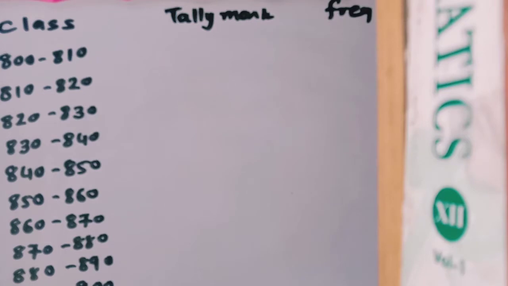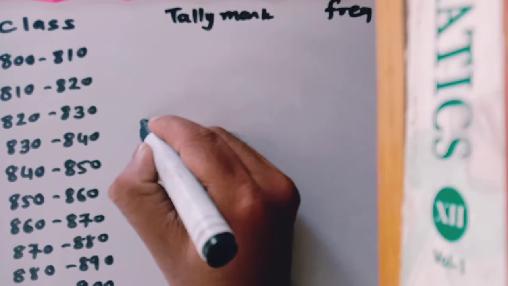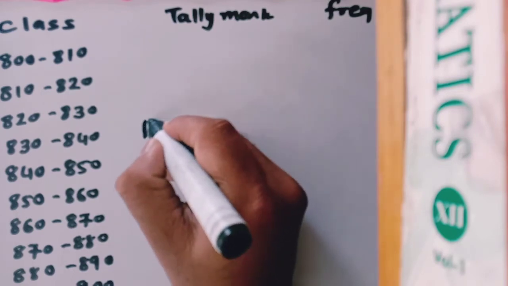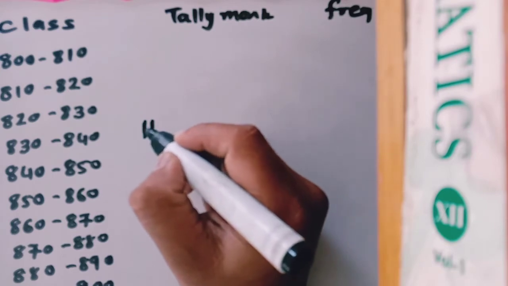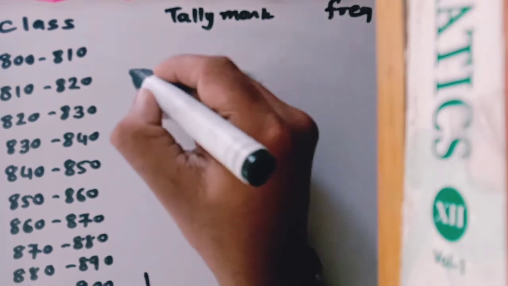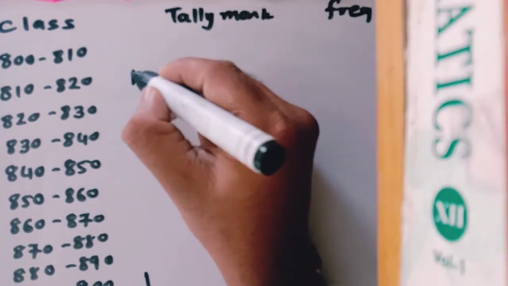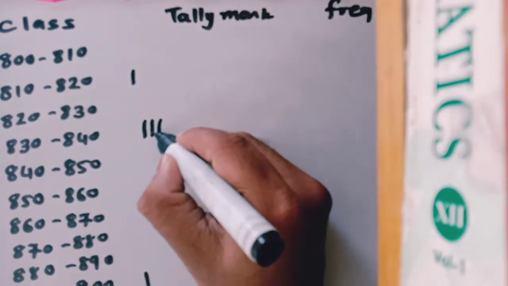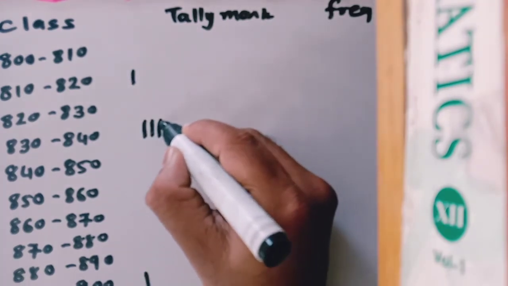First is given 830, which lies between 830 to 840. 835 lies between 830 to 840. 890 lies in 890 to 900. 810 lies in 810 to 820. 835, 830 to 840. 836,